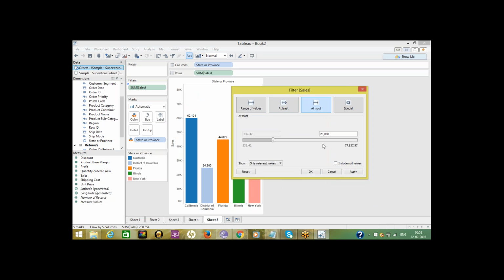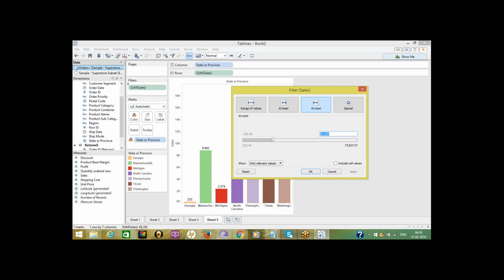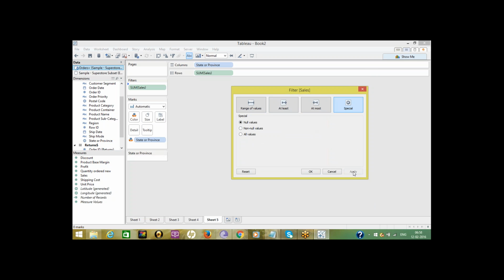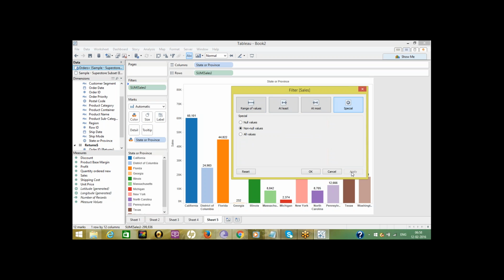At most means sales less than or equal to 20,000. All values, special: nulls, non-nulls, only non-null values, no nulls here. For dealing with nulls, we have to go for this one. Okay, we'll see more examples in next session.